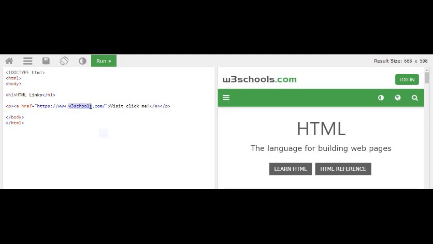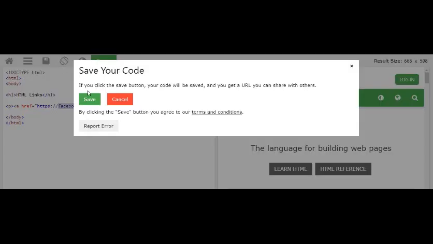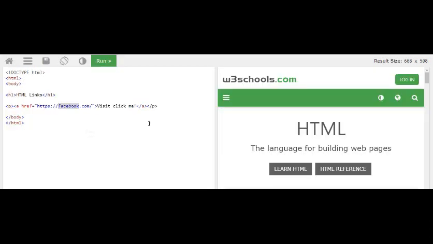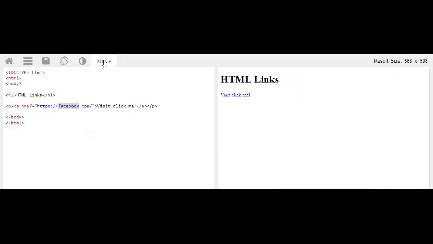Suppose I am writing Facebook here. Now the web page output is this W3Schools. Now what is the output here? Let us see. I am saving, and going to the run option.